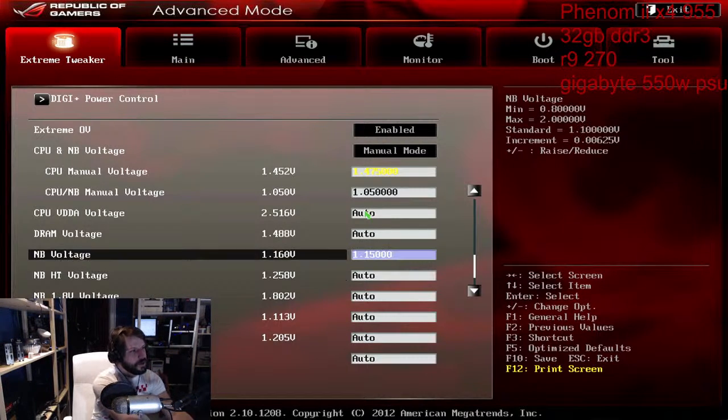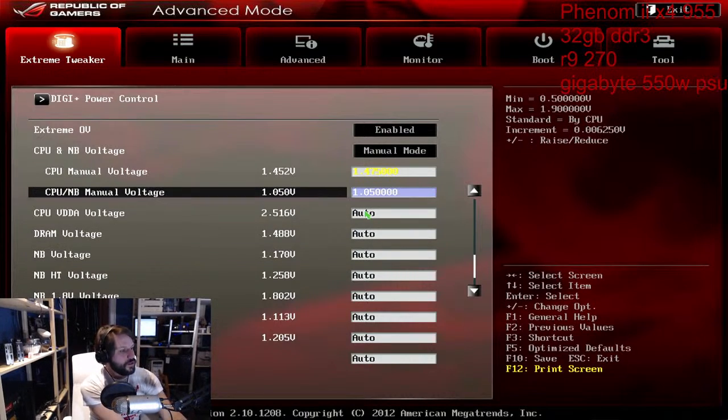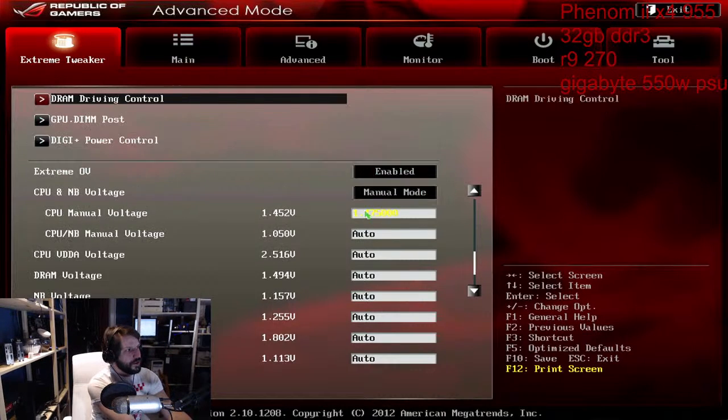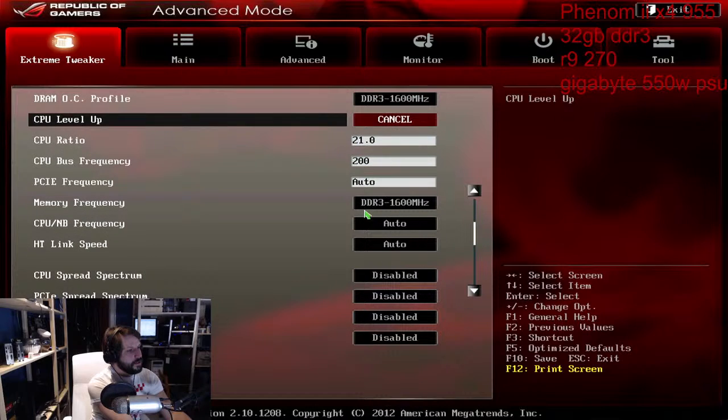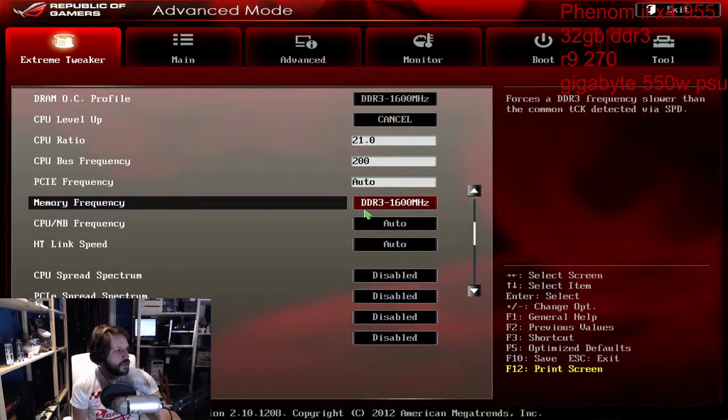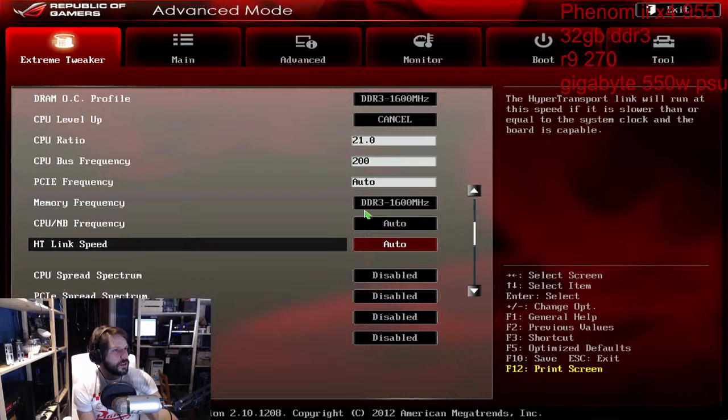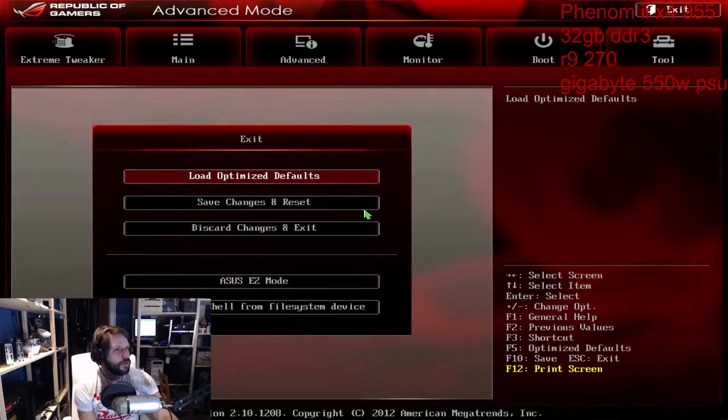Okay, so we can type in auto. Alright, so now we need to change the frequencies to auto. Instead of, wait, did I set them to auto? Yes, I did set them to auto. Okay, so let's do another Cinebench run. Glad to see it's fine now. Let's do another Cinebench run, and